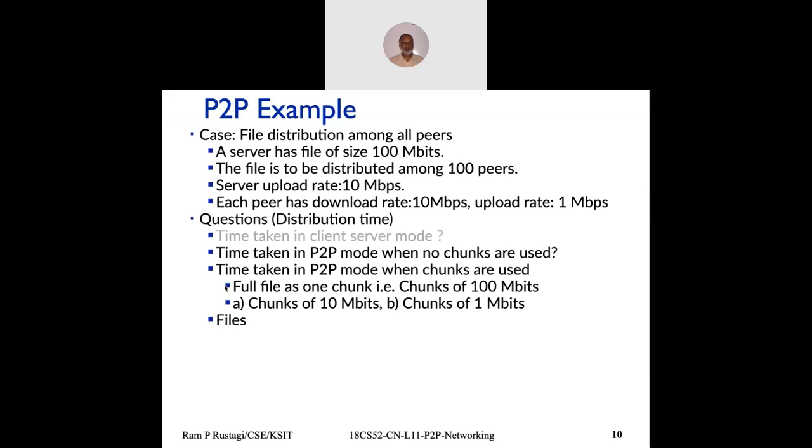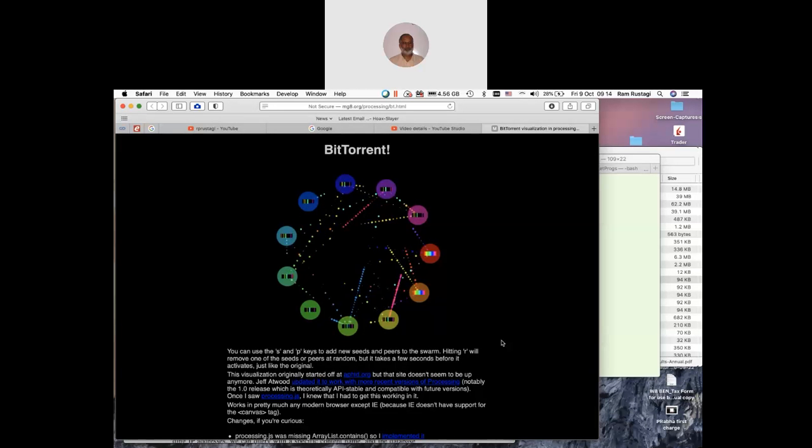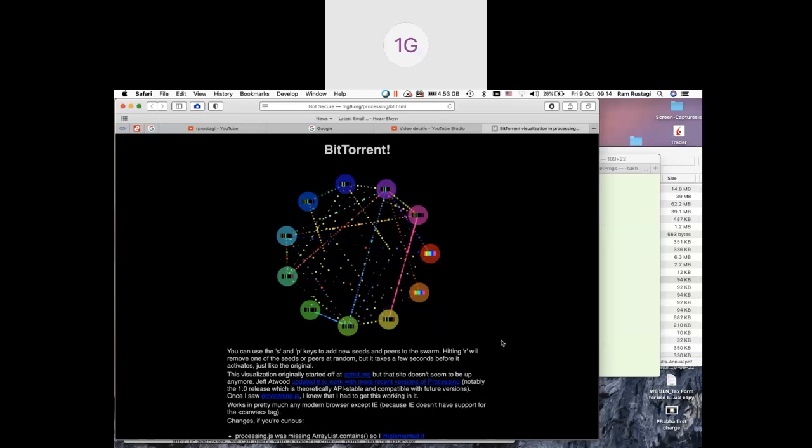Sir, if a peer gets the data from the server as well as other peers, how will it be in order, sir? How is it managed? Okay, looking at the animation. Yes, sir. What is the question? Sir, if this peer is getting data from the server as well as other peers, how will the data be in order? So each chunk is identified by a chunk ID or something. So I could get chunk 1 from peer 1, chunk 10 from another peer, chunk 31 from another one. So I know which chunk it is. Then I put them in order.